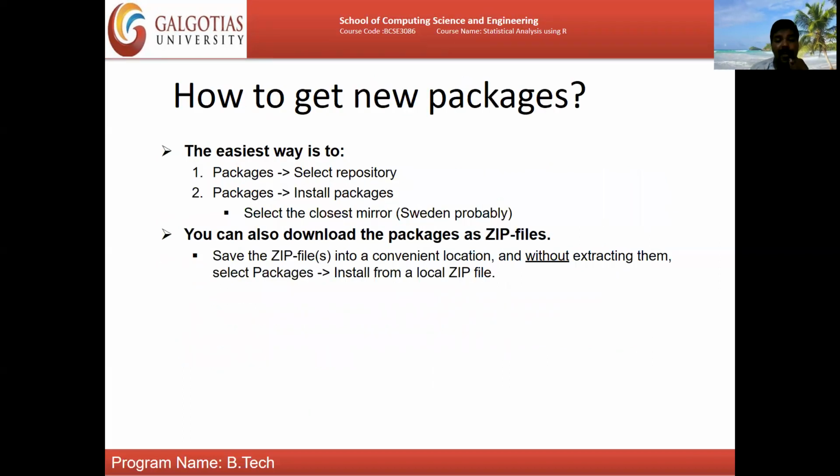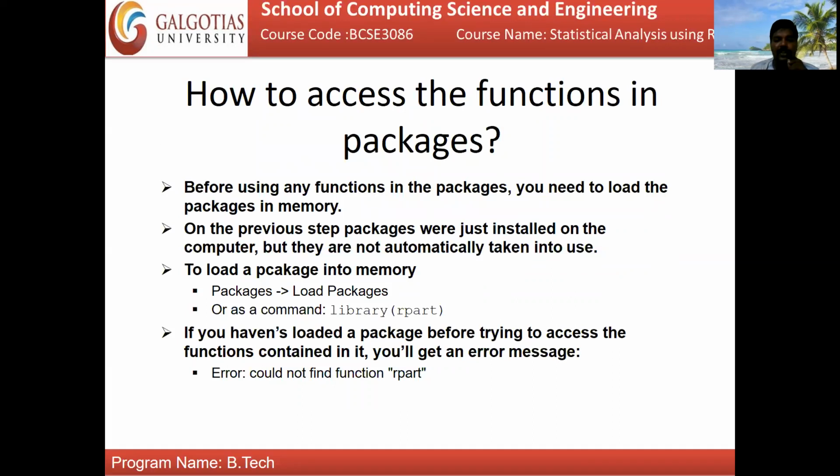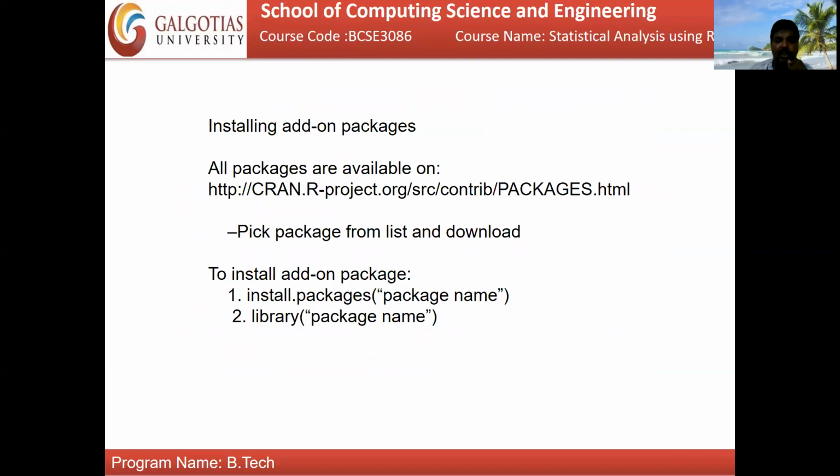This is very important: how to get new packages. I told you, if a package is not there, how you may get it. Simply mention the package name, and you may get the package. One more very important thing I forgot to say: R can work in command mode and also graphical mode. The functions here work in command mode, everything one by one. So this is the package installation procedure.